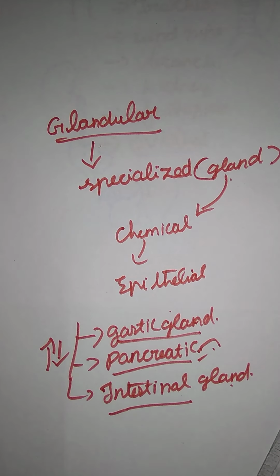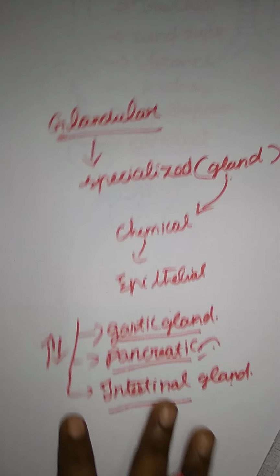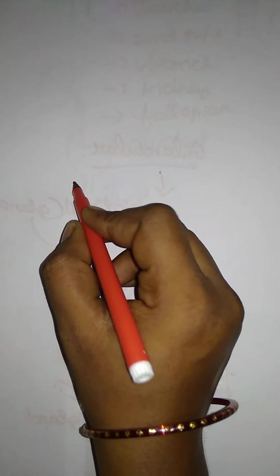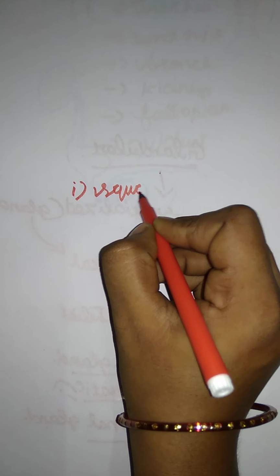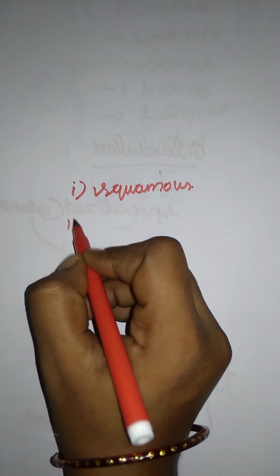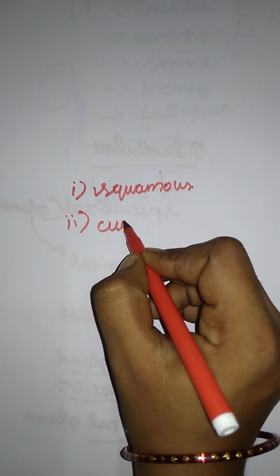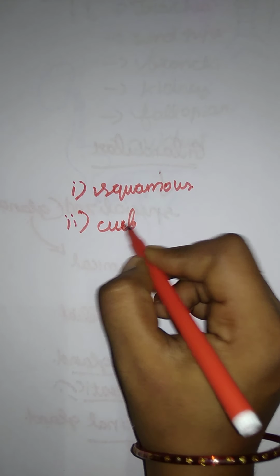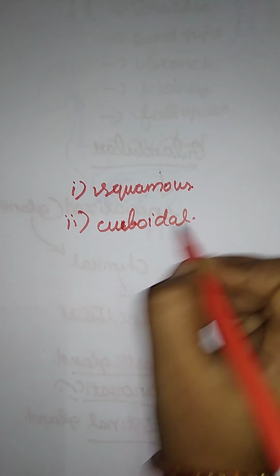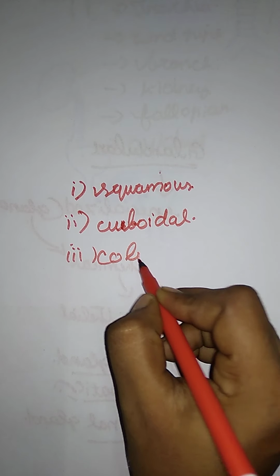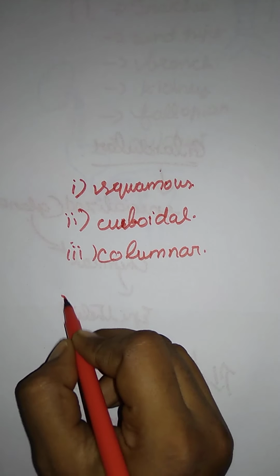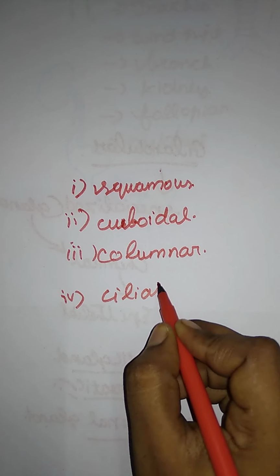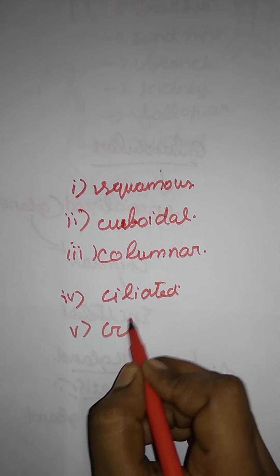So we have completed our today's lesson, that is the simple epithelial cell. It is very, very easy. What we have seen, just to recall once again what we have seen this class. The first one is the simple epithelium. In the simple epithelium, the first one we have seen is the squamous, next the cuboidal, third the columnar, next the ciliated, and next the glandular.